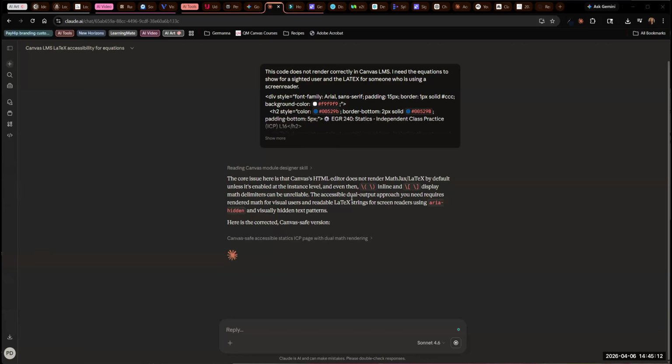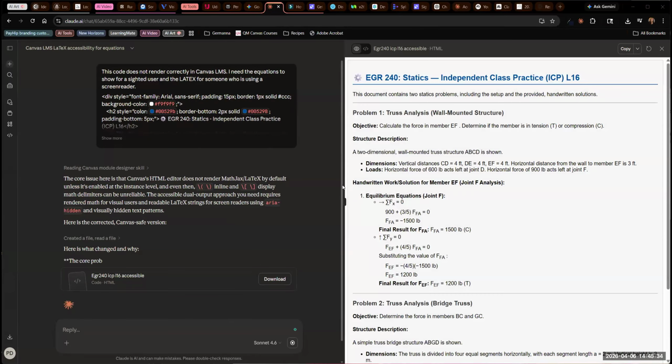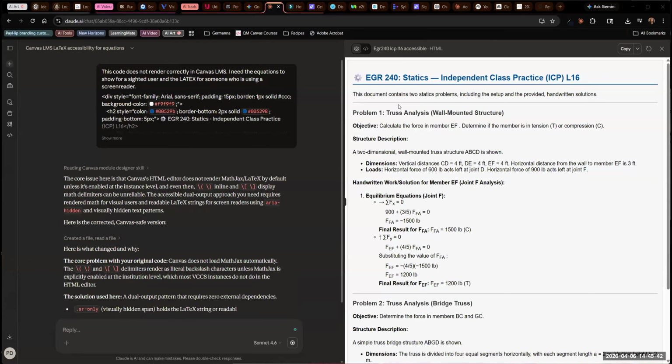Also, if you are coding and doing what we'll call fancy things, please understand that Canvas will remove JavaScript and CSS. So sometimes you have to tell your generative AI that you are working in Canvas and it strips JavaScript and CSS from Canvas. So now it's going to show me a preview of what it should look like in Canvas. And again, at the top,